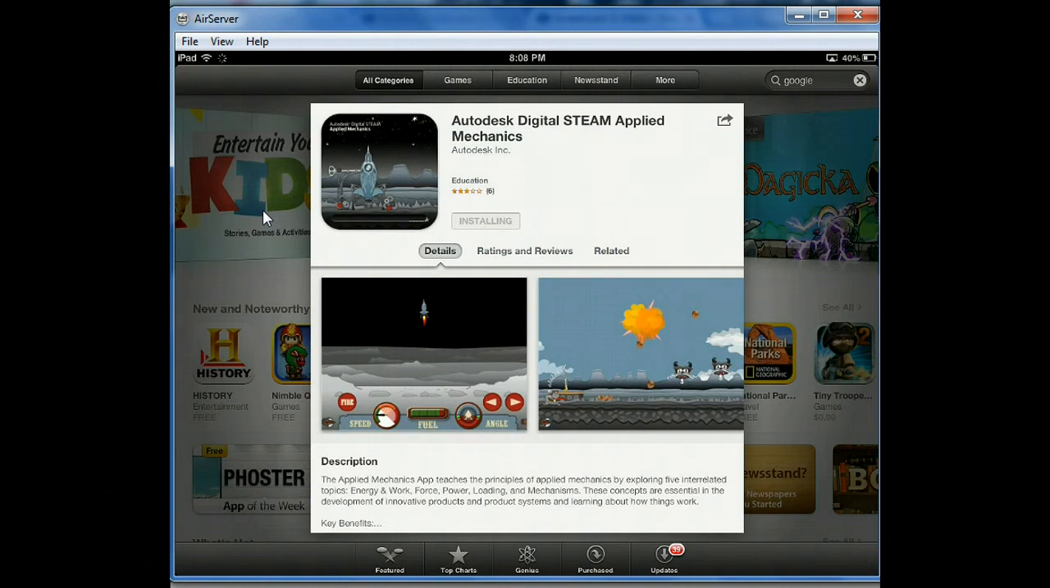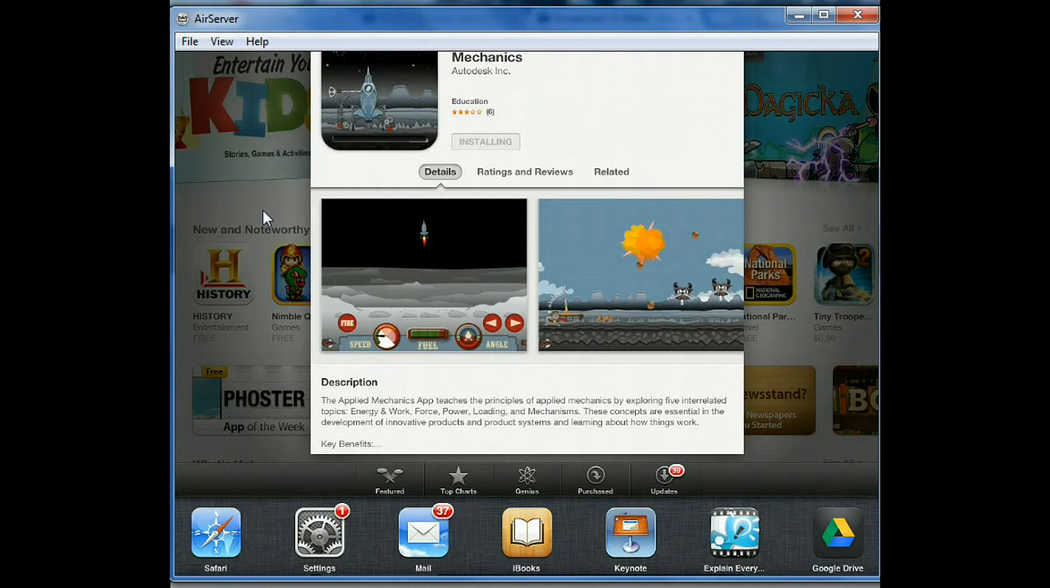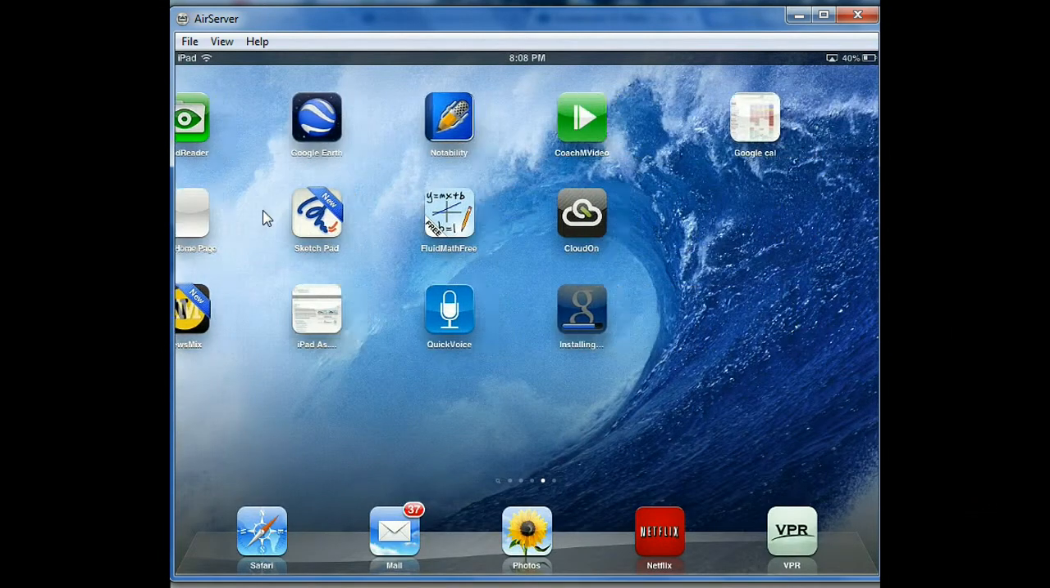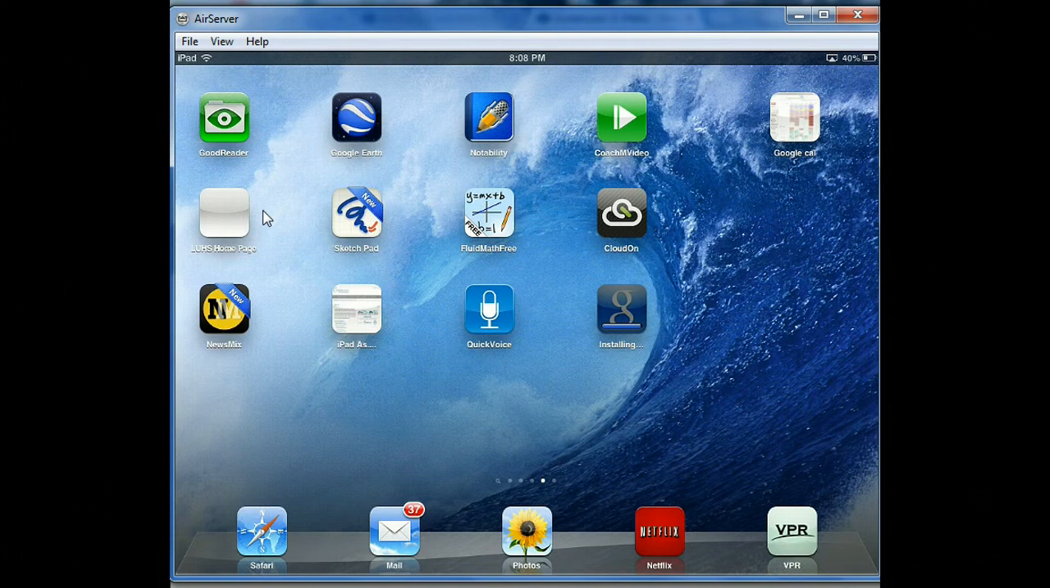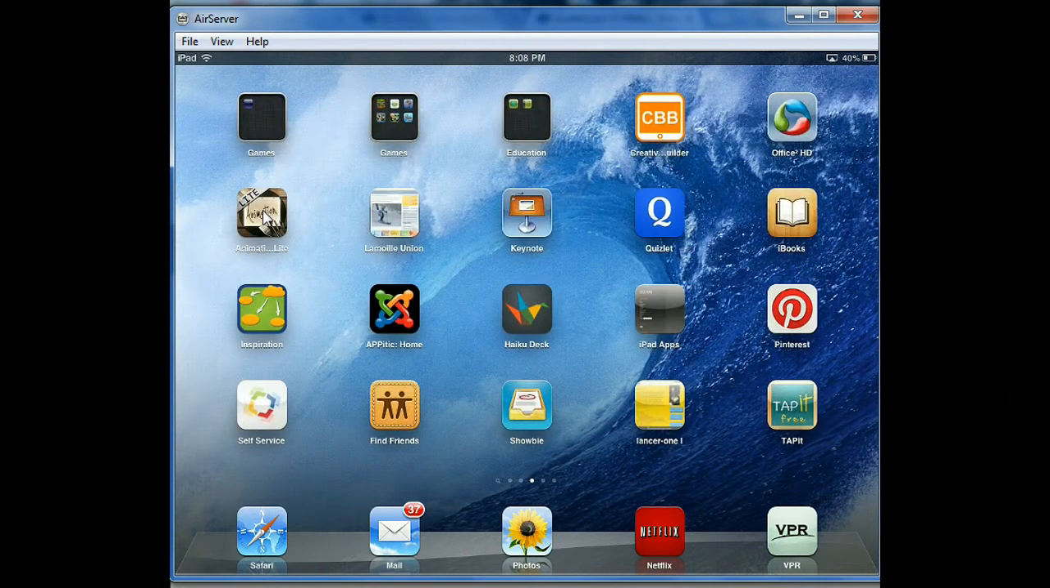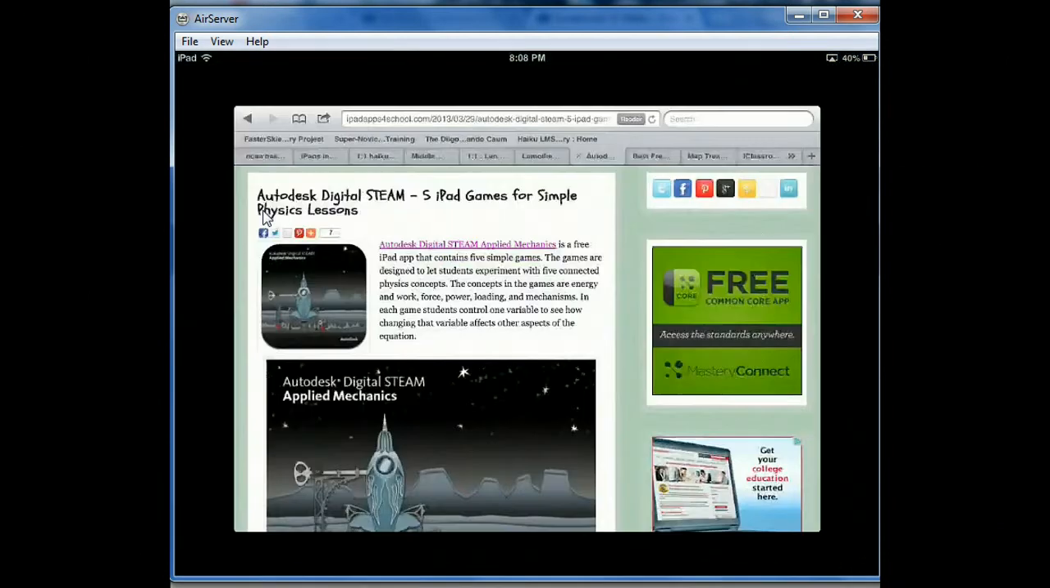So if I double click on the home button, it'll bring me right back to here. And you can see there's Google installing right there. So that's how to download an app. Pretty easy stuff. And you can also do a search for free apps just by going to Safari or Google